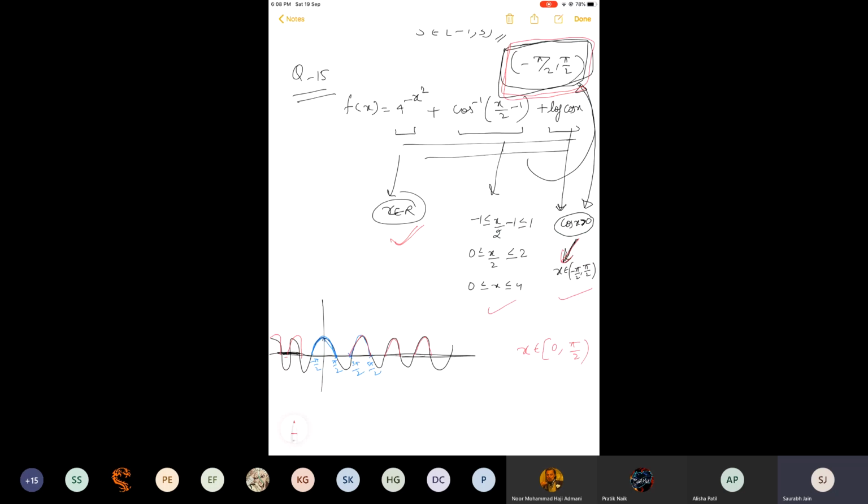Why? Because see, let us draw all these on the number line. First we'll write minus pi by 2, then we'll write 0, then pi by 2, then 4. So the second one, 0 to 4, is the answer. And the last one is minus pi by 2 to pi by 2. And the third one, x belongs to R, is not required. And this is 0 closed to 4 closed, right? So now anyone can tell what is the intersection. It is this portion, this one. This is the common. And what is its interval? The interval is 0 closed to pi by 2 open. That will be the answer of this question.